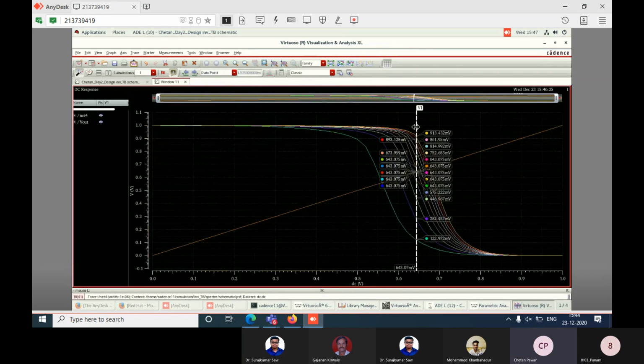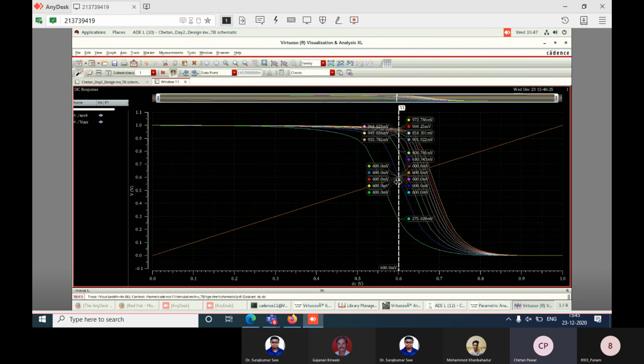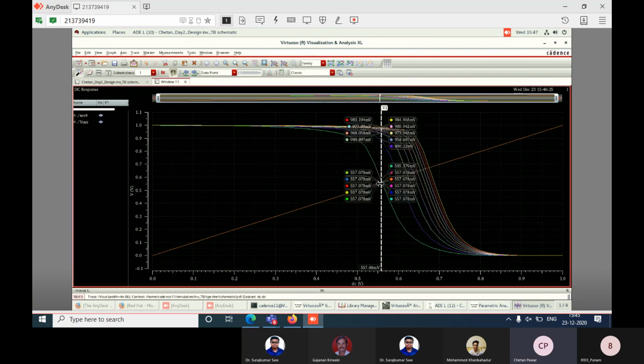So in this diagram, you can observe that if we check this point, for this curve we are getting somewhere close to 0.5 volt.